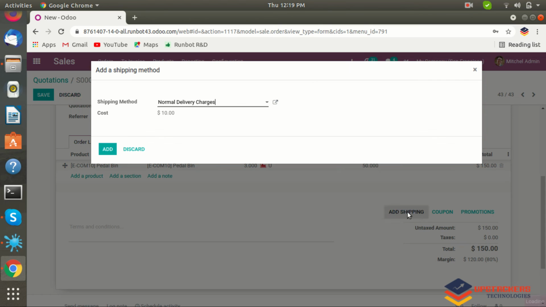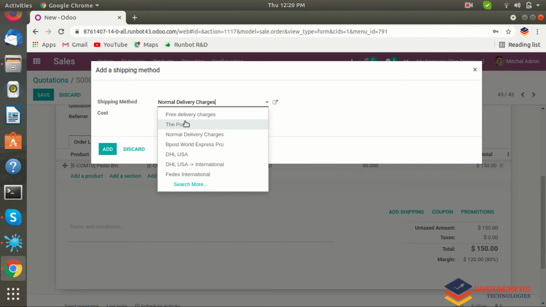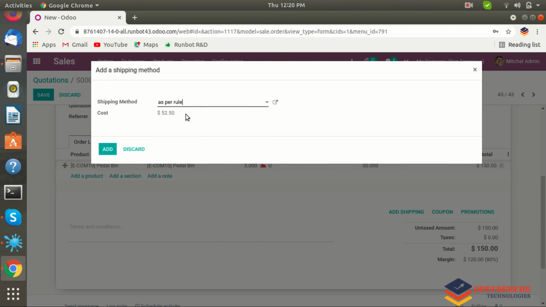When you click on add shipping and set your shipping method that you created, as per rule, here you can see your cost is 52.50, because 50 rupees as we set the fixed price, and 2.50 as our margin ratio.